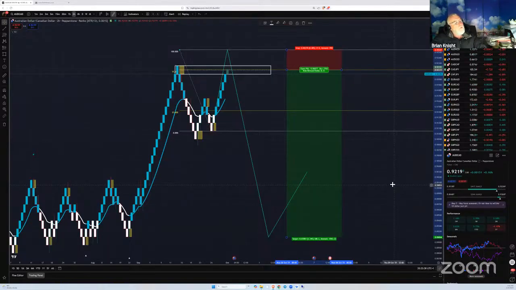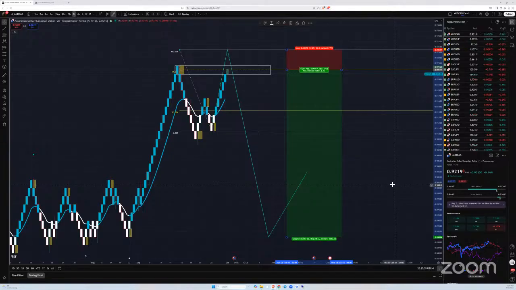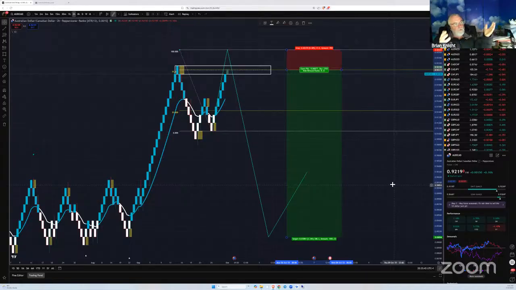So what we're waiting for on this currency pair, AUD, is we're waiting to see what it does right at this point. Will it break it? Will it just come up here and make a gold brick here and then start selling out? And when or if it does sell out,